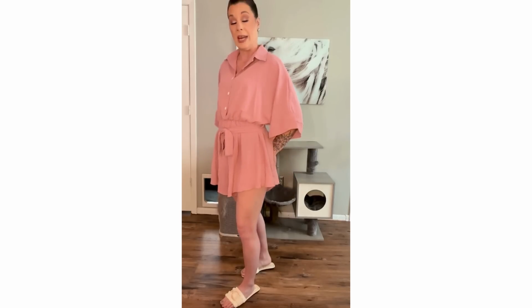Here we have the romper. I love this romper. It is so comfortable and so flowy and airy. Now, what I can say is that the sides here are a little risque. I know that this is a thing that people are totally fine with wearing. For me, it's a little bit shorter than I would like. So what I would do personally is get maybe a short pair of little booty shorts to put underneath this,